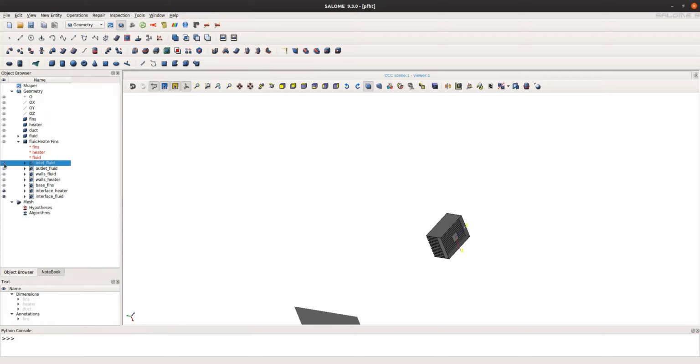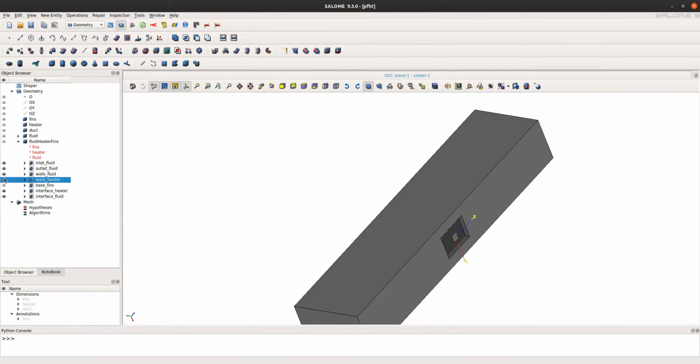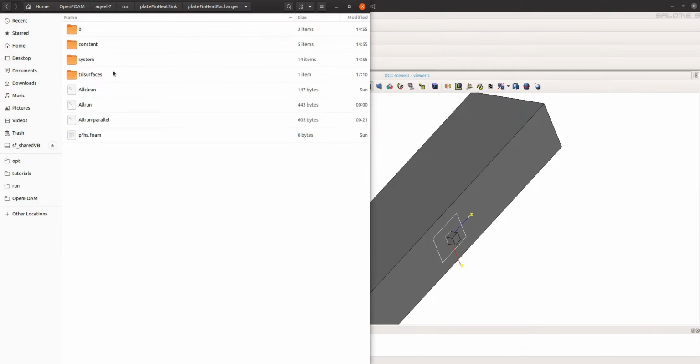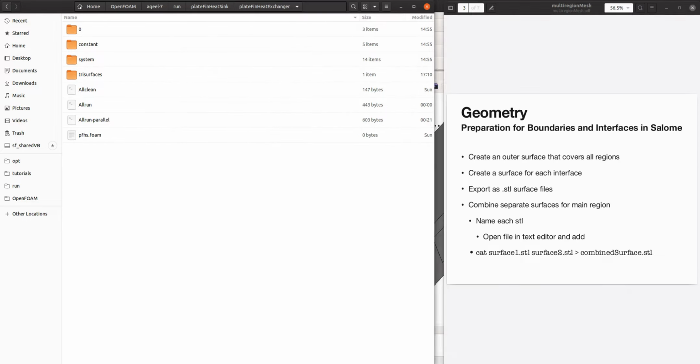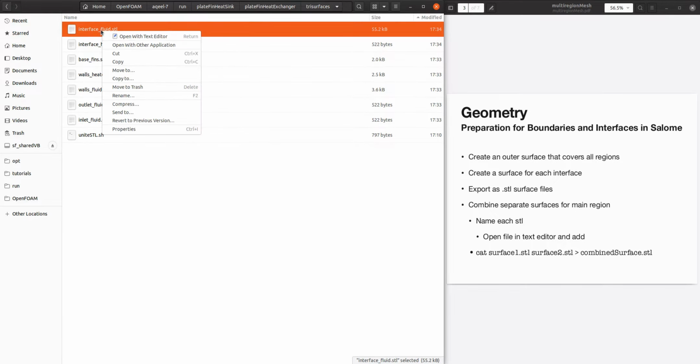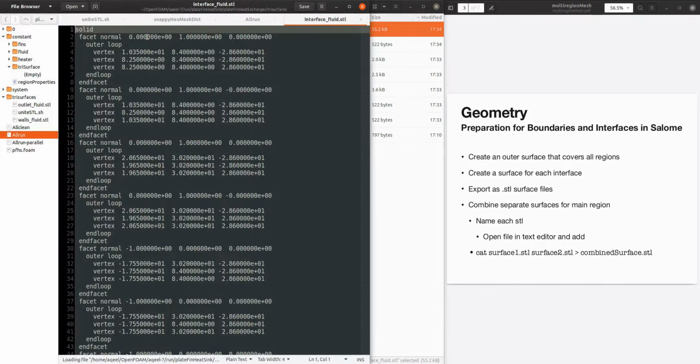The next step is to combine these surfaces so that they are easier to manipulate in Snappy Hex Mesh. There are many ways. For example, here we can open these files and rename them. I can open with a text editor and add, for example, the name.